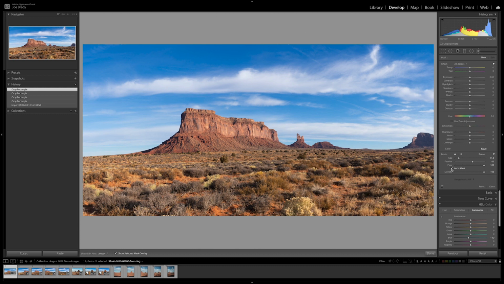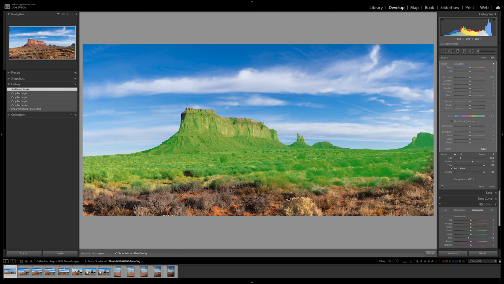So I'm going to get brush, turn on auto mask right here. And I've got the selected mask overlay set. Give myself a nice big brush. And I'm going to paint over these formations so that I can add some more oomph to them. Don't really need, the front is pretty good. All that grass right up at the front has got a lot of texture to it, so we'll leave that alone. Let's just get all this stuff. All right, so let's hit O to toggle off the overlay. And then we're going to